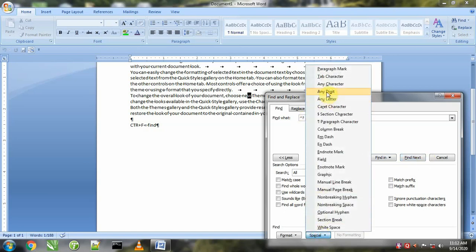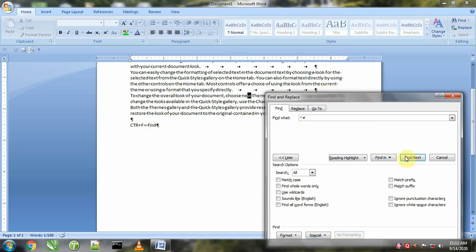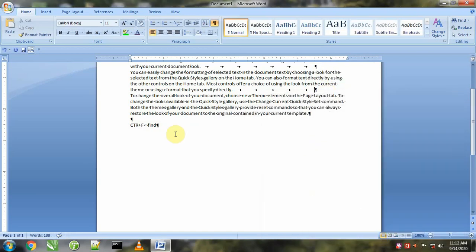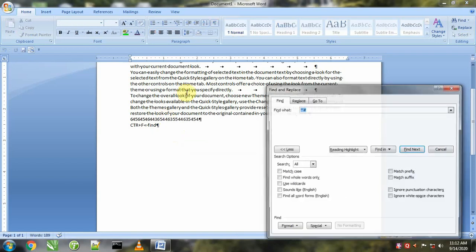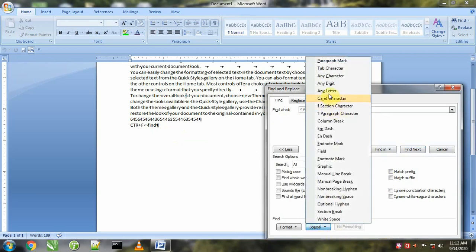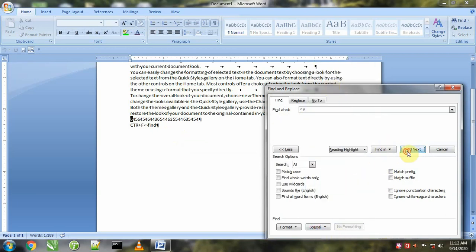If we say any digit, for this the digit must be present in the paragraph. So first of all we will insert some digits like this. I inserted some digits here, Ctrl F, and now we'll say find digit. So it will look for digits now like this.